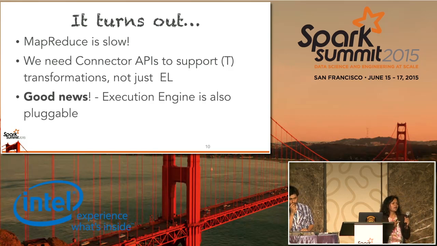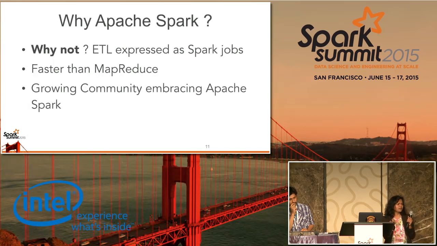You just cannot have a changed set of operations in case of MapReduce. So good news is we looked at it as just a hack thing, and the execution engine was very pluggable. So we ended up thinking, why not use Spark? Spark is widely used, and why not just express our ETL as Spark jobs using Sqoop? It's obviously faster,